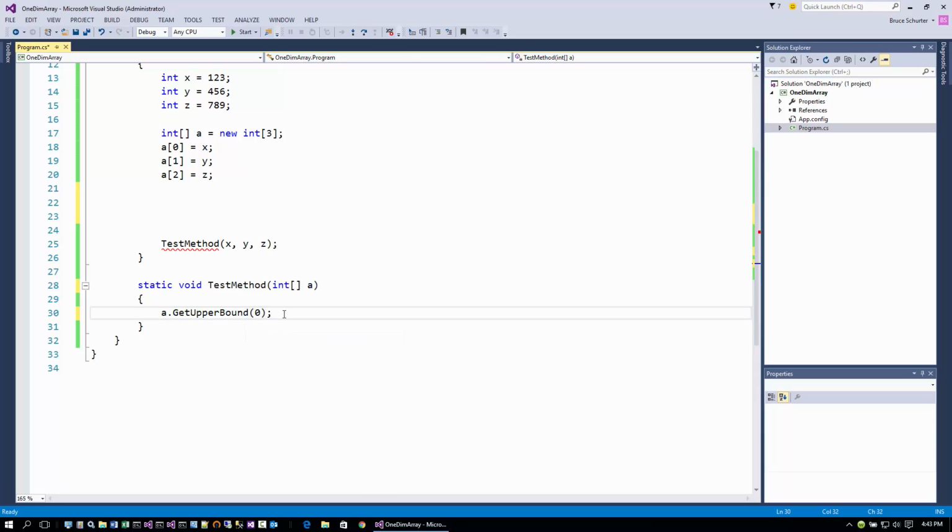Now, we can make assumptions that we only have 3 elements passed to this method, but rather than do that, I will introduce a simple loop that will give us the same effect that we had earlier, which is to calculate the sum of the values. And I'll do this in several steps to make it relatively clear. So I'll create a value called sum and initialize it to 0. Then I will create a for loop, which will start at the index 0, and while it's less than, and I'll move this code for get upper bound up here,